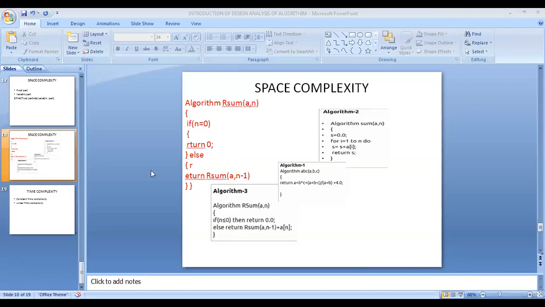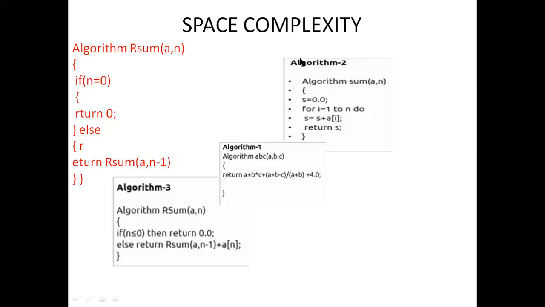So this is a recursive algorithm. How do we calculate for a recursive algorithm? Because here, rsum is a function, and the function calls itself. We call it a recursive algorithm. So here the example is based on recursion. In recursion, each time a function call is made, separate space is assigned until it finishes execution.